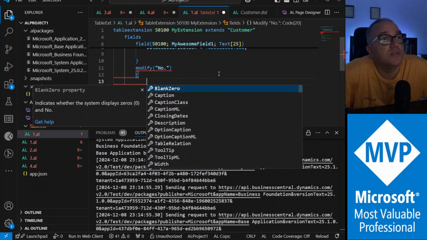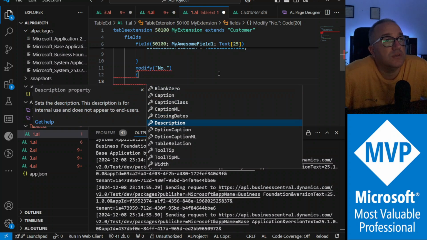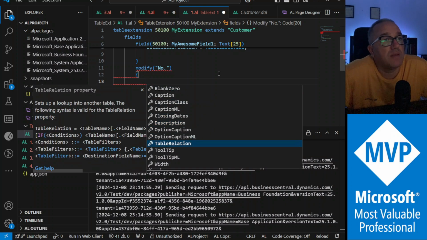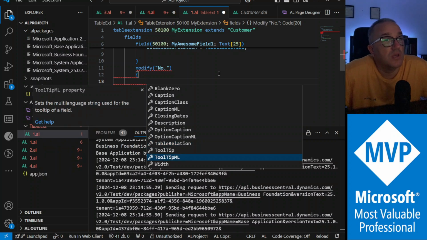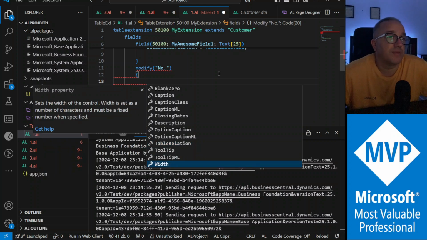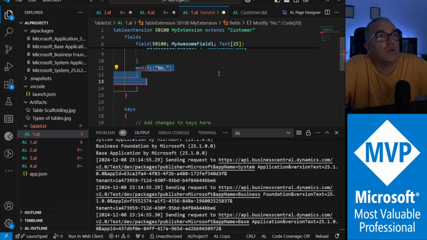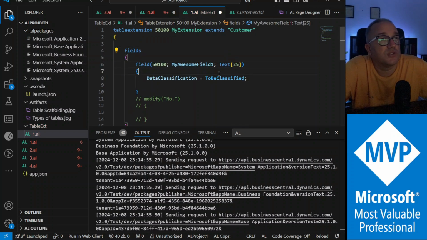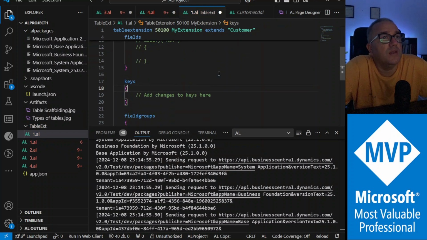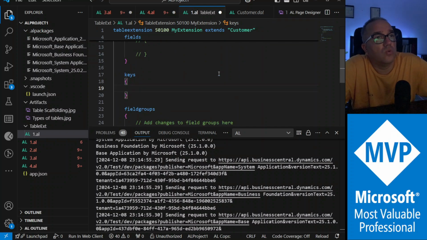What other properties have we got there? Description, option class, table relation. Yeah, you can change table relation, the tooltip, and the width. We won't change much now. I just wanted to show you what we can do within a table extension. Then we can